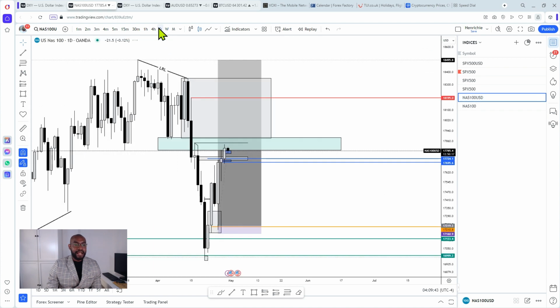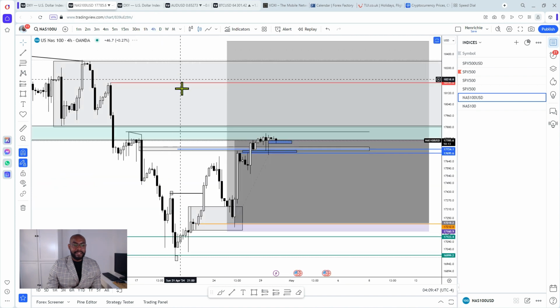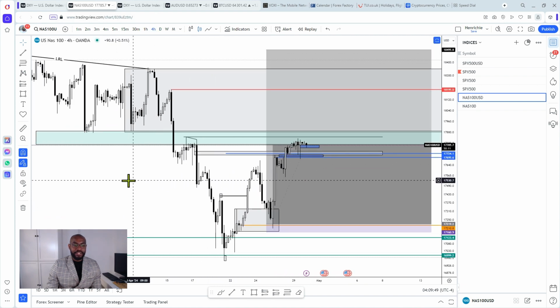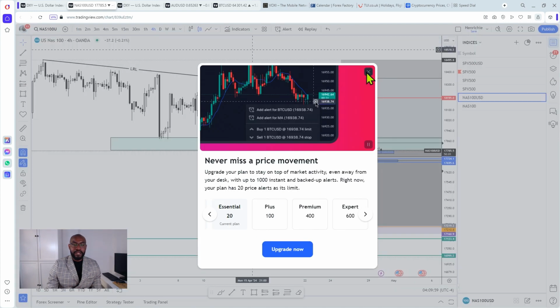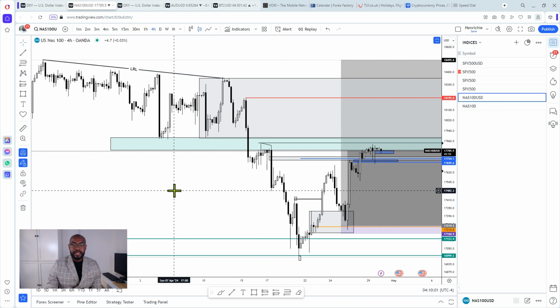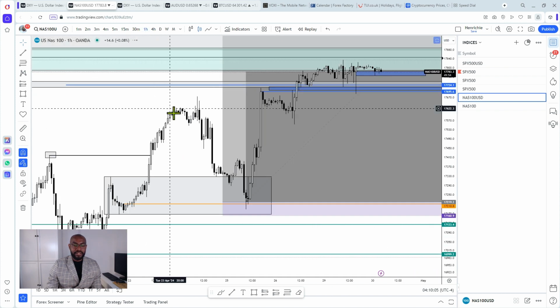So on Nasdaq, as you can see, we're still at the same position we were at yesterday. We've not really done so much on Nasdaq. I remain bullish. My next draw on liquidity on Nasdaq is the key level you can see on my chart, this red line. Why this red line of every other part in the chart? The reason this red line is my next draw on liquidity is because when I'm